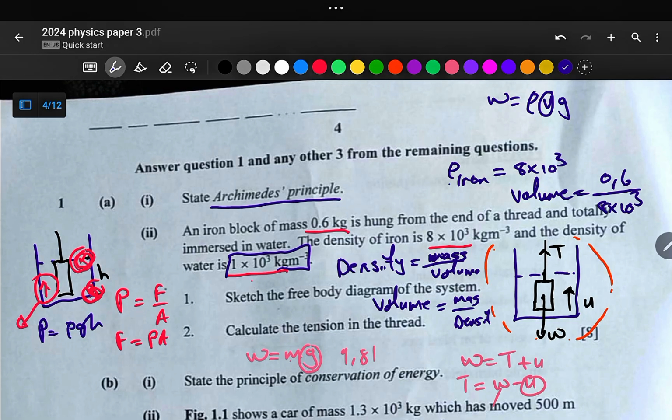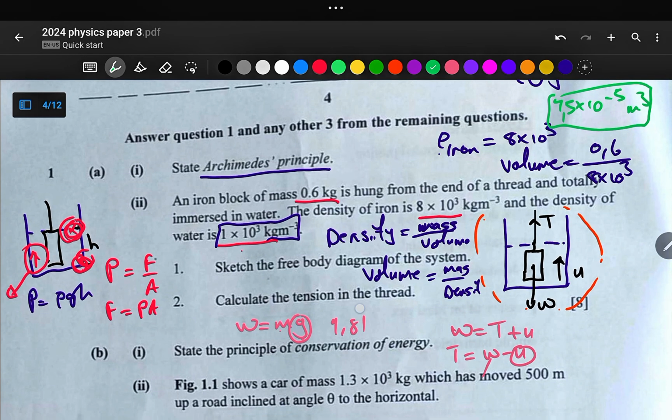Okay, so let us divide 0.6 by 8 times 10 to the power 3, and this gives us 7.5 times 10 to the power negative 5 cubic meters. So this is the volume of the iron block. So the volume of the iron block is 7.5 times 10 to the power negative 5 cubic meters. Okay, and we are then required to calculate the upthrust, and our upthrust